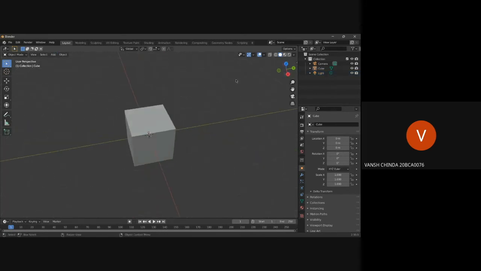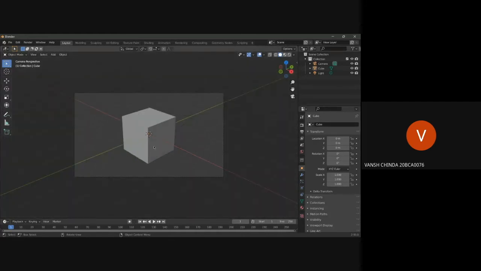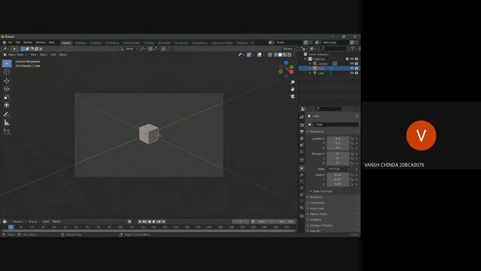This light will just give the light, and let's see what this camera is. This camera is placed in this position. What will happen if I toggle to camera? This is basically what we are seeing in the canvas. If I scale this down, this is basically what we were seeing a minute ago. So I think you get how these two are really connected.